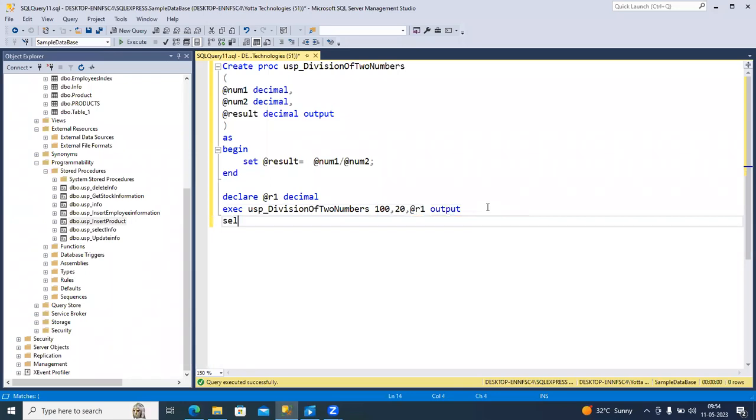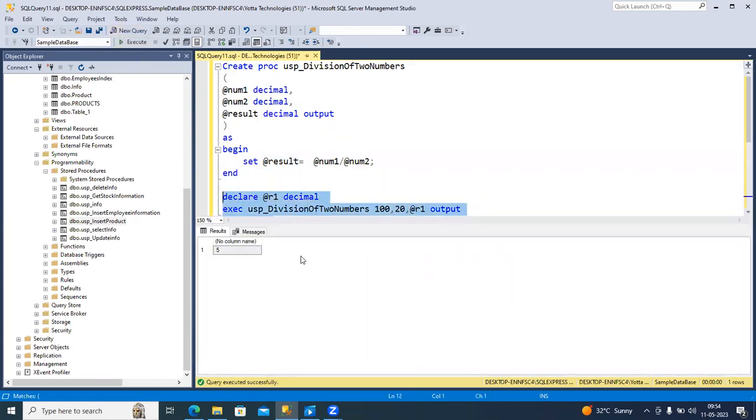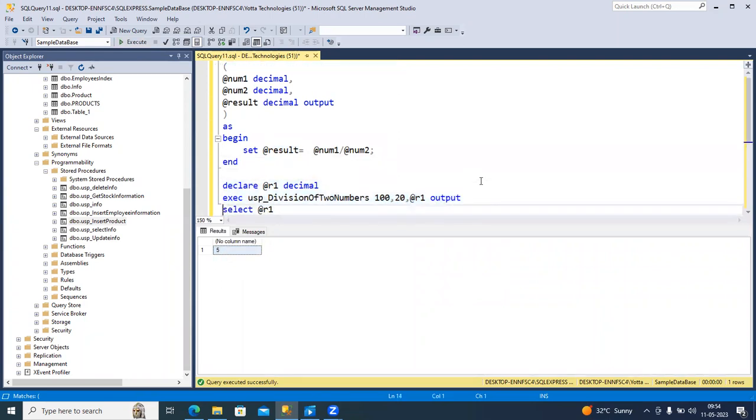and then select @R1. So what happens, whatever the result that you have specified in your stored procedure, that will be assigned to the R1 and it will execute. Now you see, if you divide 100 by 20, you should get the output as 5, right? It is working. Suppose, let's say you divide 4.75 divided by 1.27,